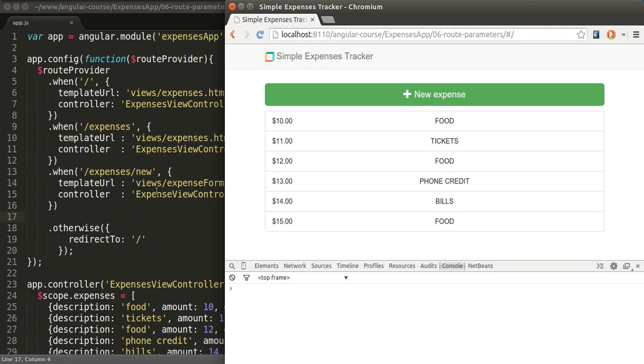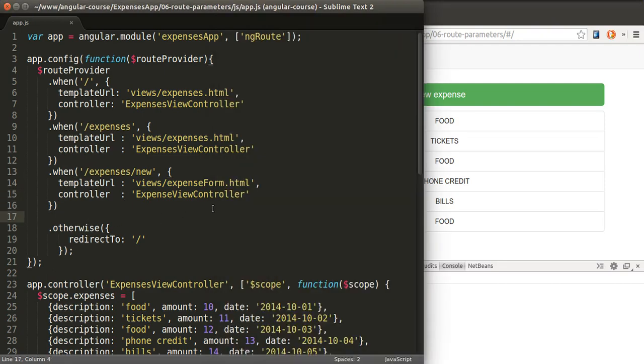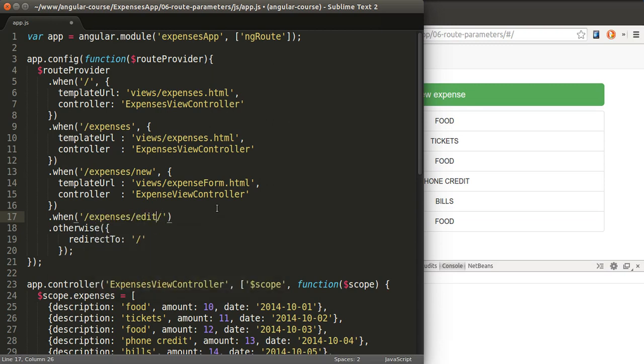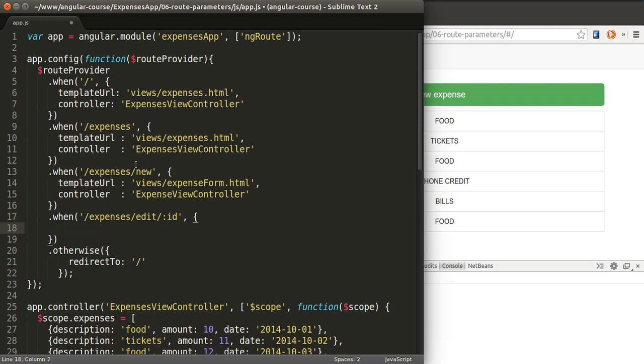That's just one example. Adding parameters to your Angular routes is extremely easy. You create the routes in the same manner as we did before. Say I want to have a route that's expenses/edit, and then I want to have the ID of my entry. For example, if the ID is 100, I want to have something like 100 in here. I'm going to call this parameter ID. You can call your parameters however you want, and you can have, of course, more than one parameter. So I could have ID and then category or something else. I'm going to specify now the template URL and controller, which will be the exact same ones that I'm using